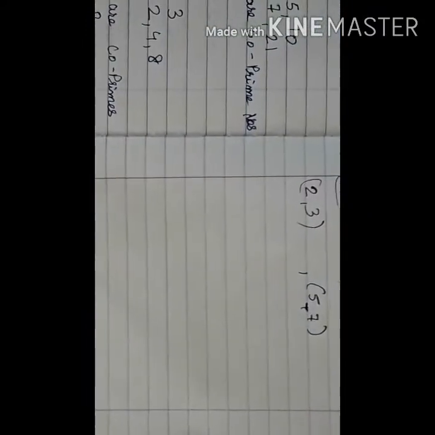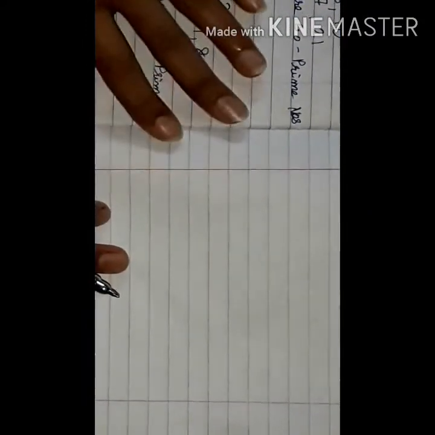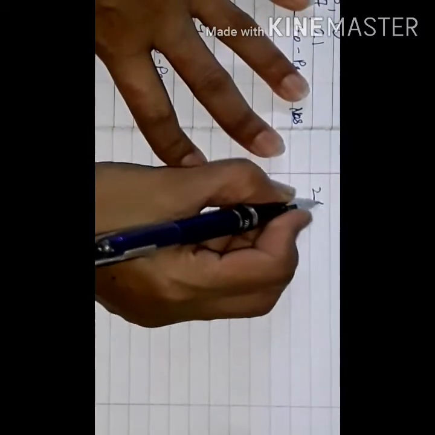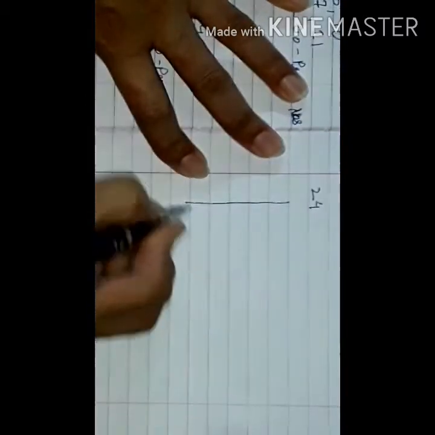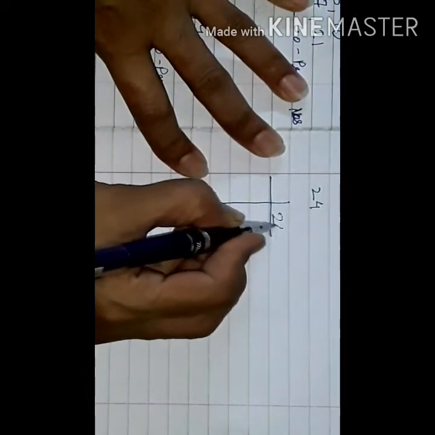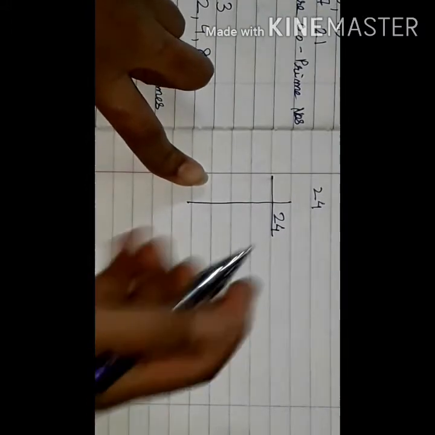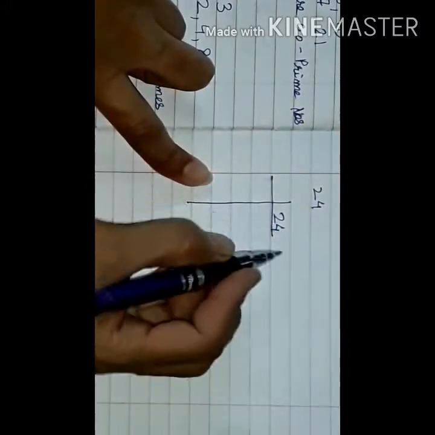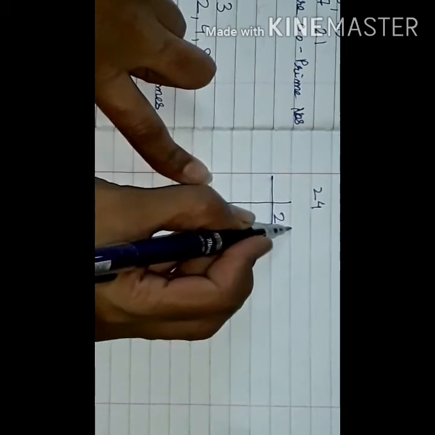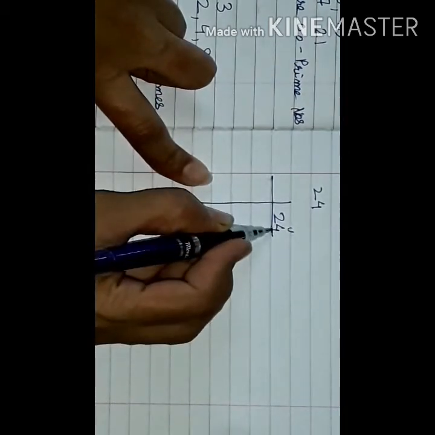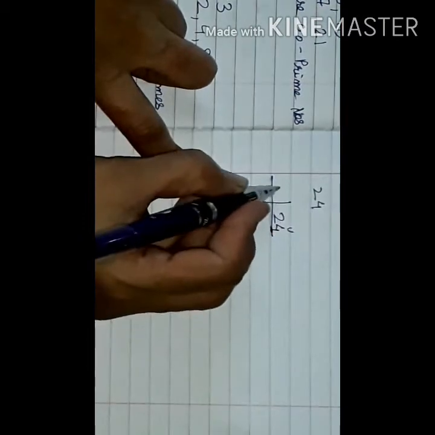Okay, so we'll start with the sums first. The first number is 24. Now how are you going to factorize the numbers? We are going to factorize the numbers in such a way that we get all the prime numbers. When we find these numbers, they are known as primes. Got it? To factorize these numbers, you have to see the units place. If there is an even number in the units place, you have to take the number 2.